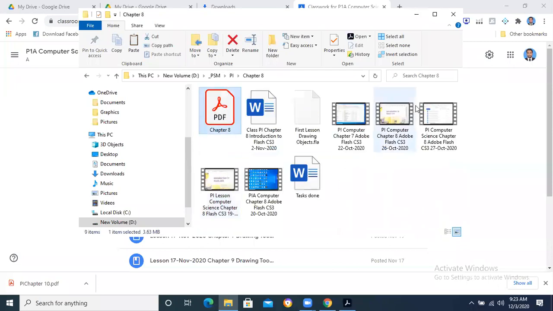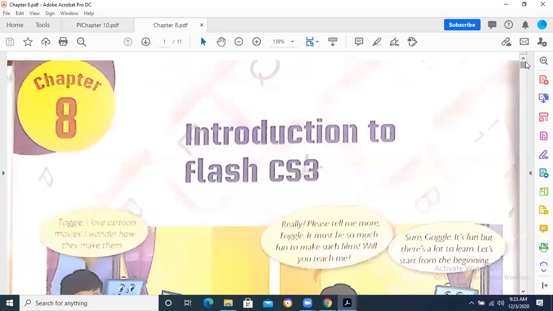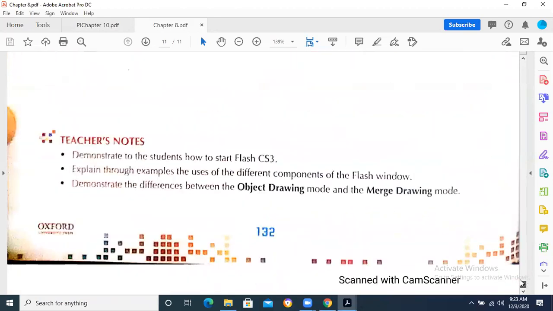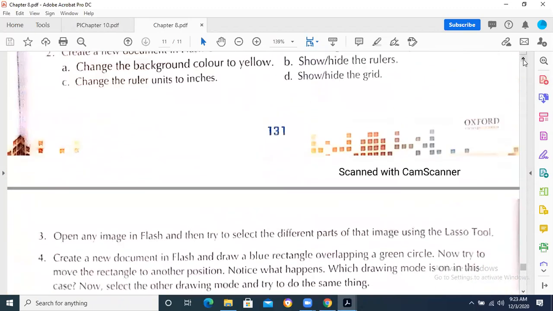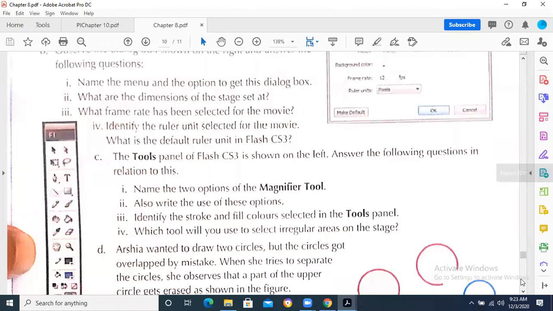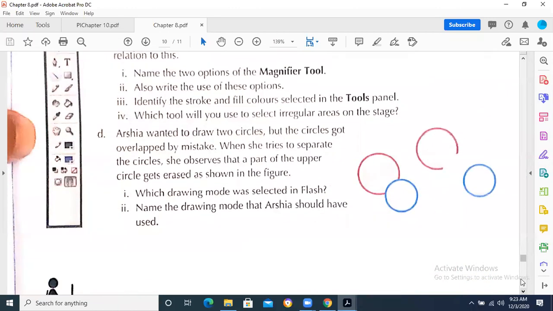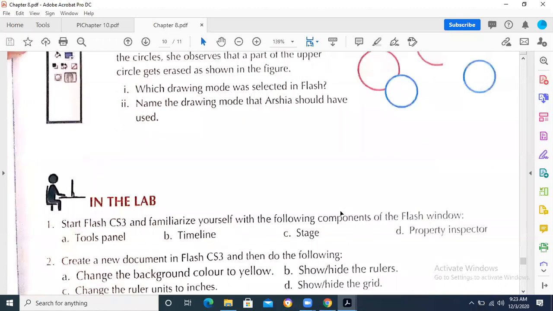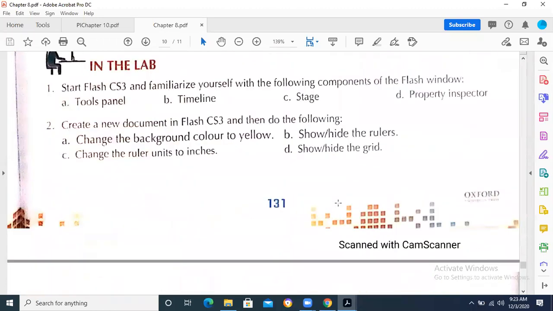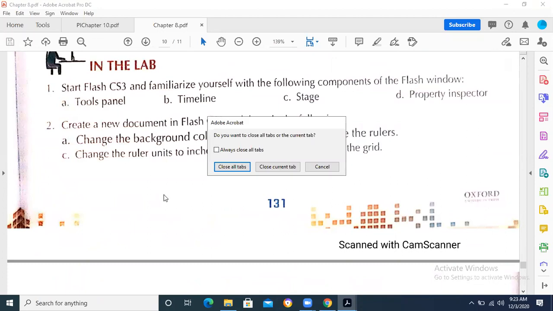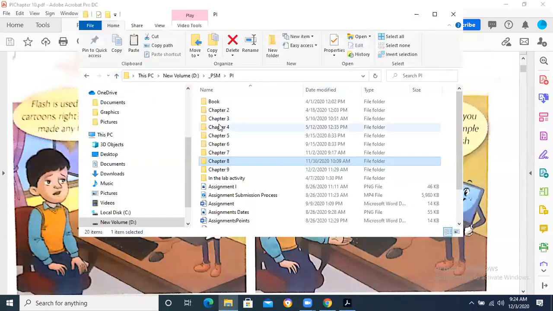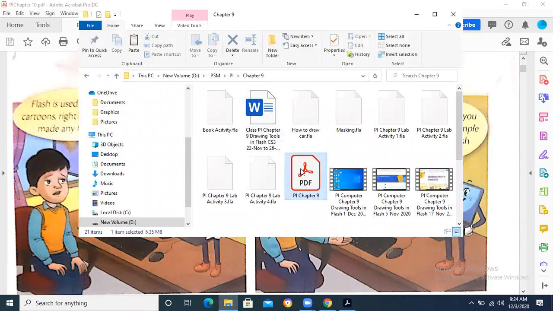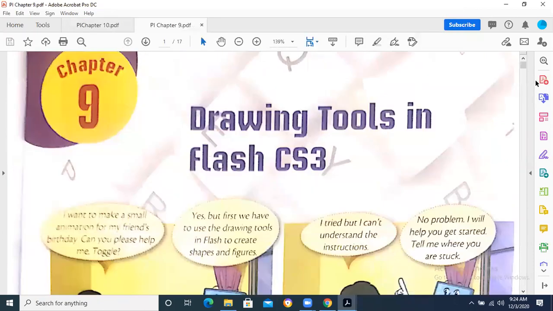And I explained each and every one. It does not mean I just asked you to develop it. No, I explained it. I drew it myself, and I told you that you can go through the video and see the procedure, how you can do this thing. Okay, and I'm talking about chapter number 9. I explained you.